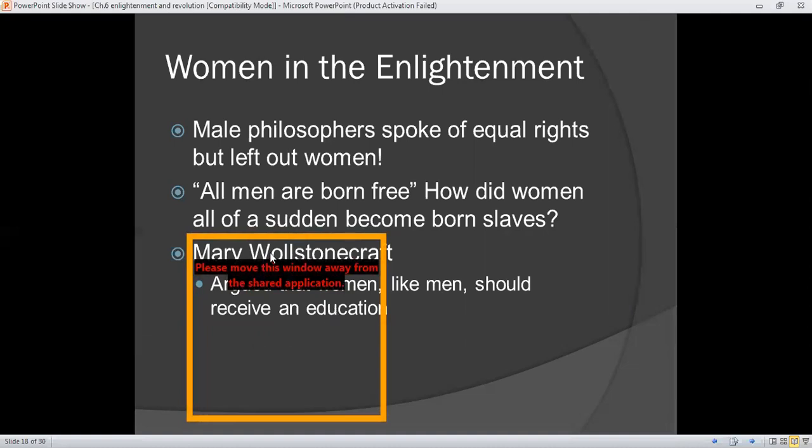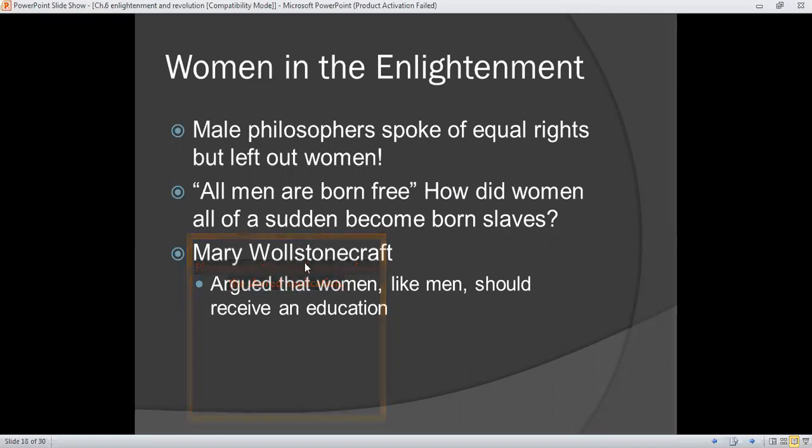All of their talks were about men, and by men they meant actual males, not citizens. Until Mary Wollstonecraft showed up. She argued that women, just like men, should receive education as well as the freedom